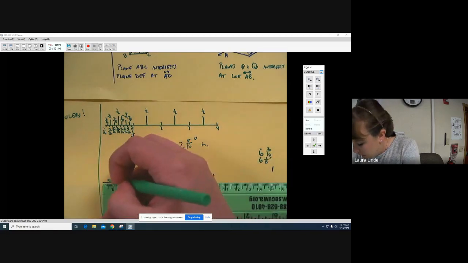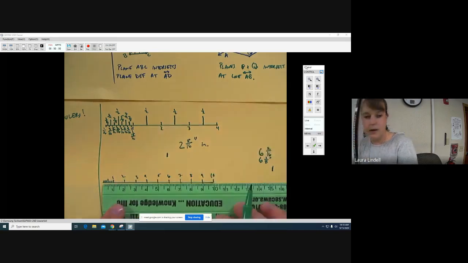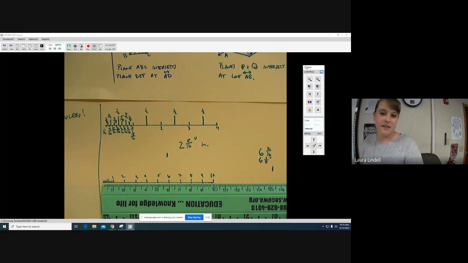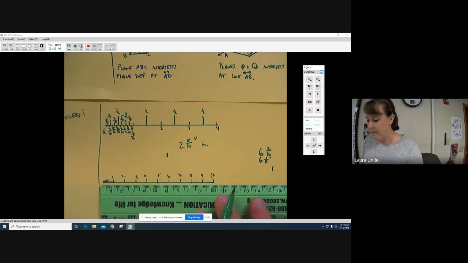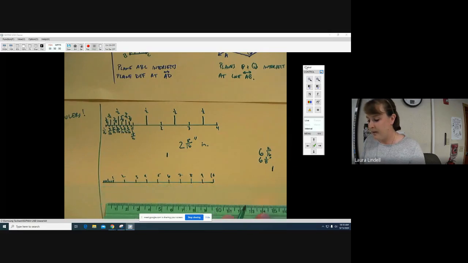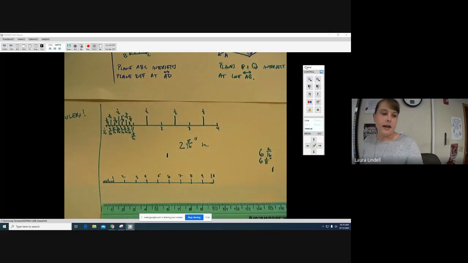So here's the halfway, and 5, 6, 7, 8, 9, 10. And those little tenth of a centimeters are also known as millimeters. Okay, so if we're going to measure something in centimeters, you could say like 3 centimeters and 4 millimeters, or